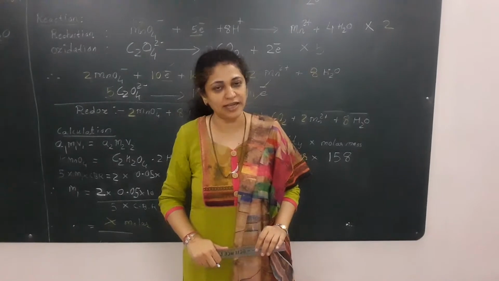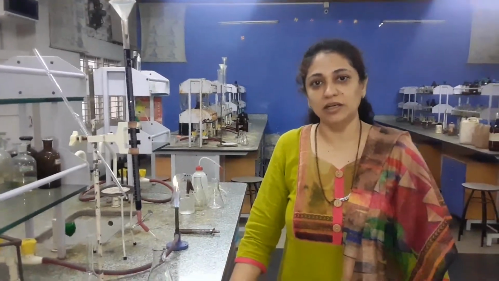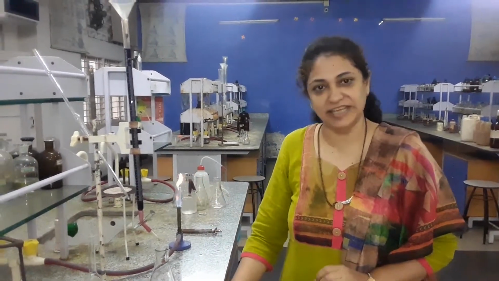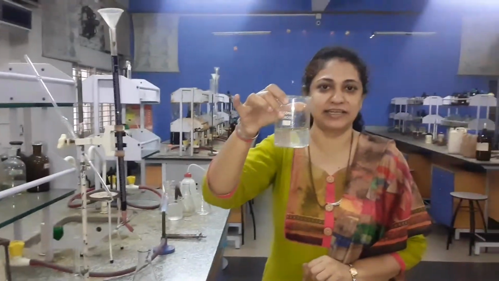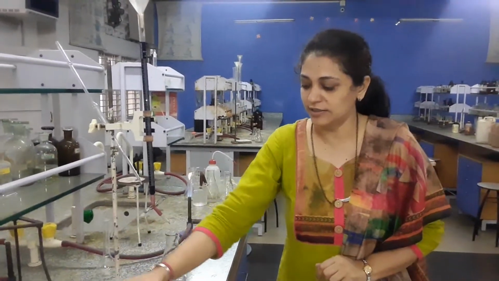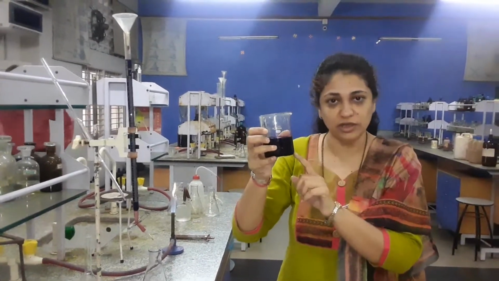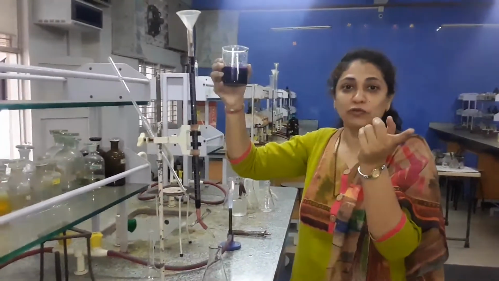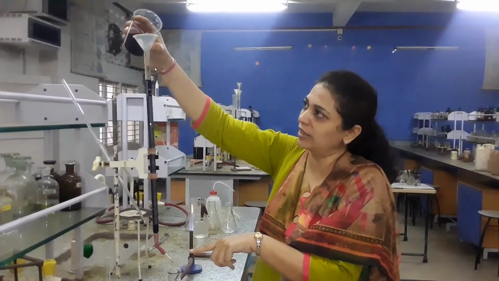So now let us see how to titrate. So here we need to titrate KMnO4 against the oxalic acid solution which we prepared. I have transferred my oxalic acid in this beaker. This is KMnO4 solution. Since it is a colored solution, we need to adjust the upper meniscus. For that, you wash it, rinse it and then fill KMnO4 in a burette.